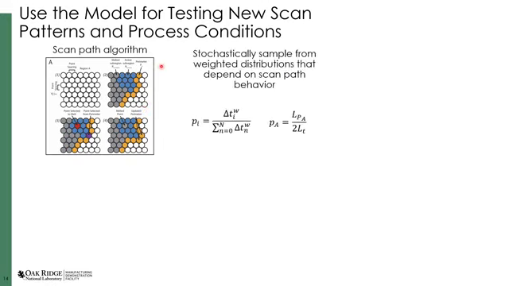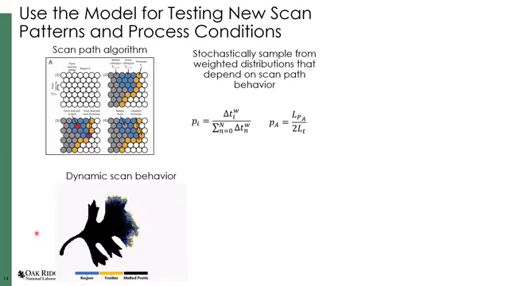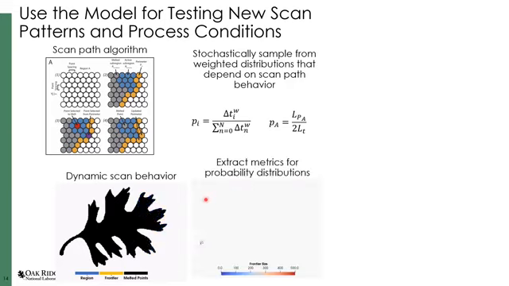What this ends up doing is giving us these very organic types of scan patterns where we're selecting locations to melt within our geometry that conform dynamically to the local shape of the geometry that we're interested in melting. And so we're able to generate these types of scan paths. I can show you the types of probability distributions that we use to do that